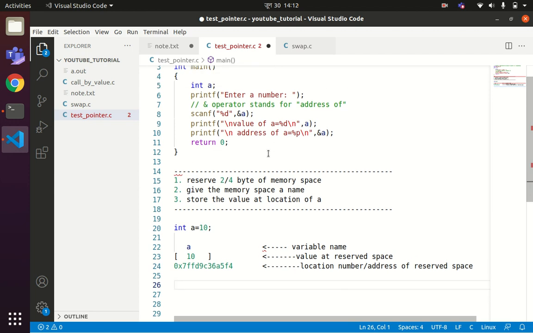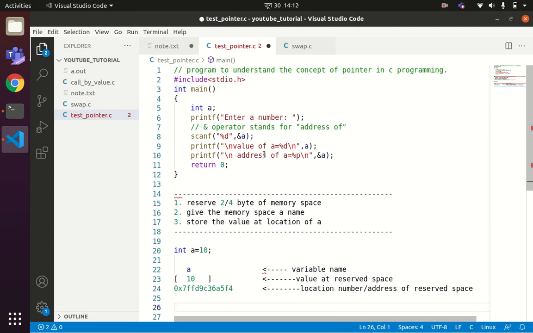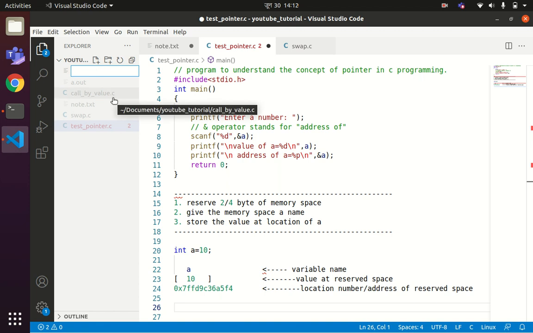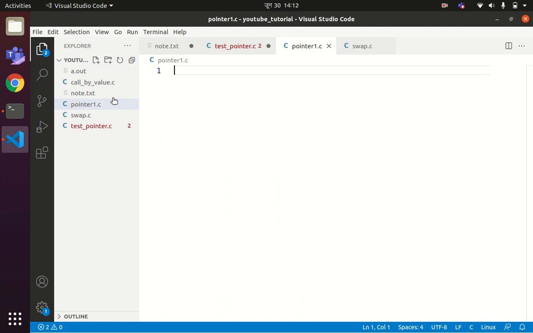Okay, now I'll write one more example program to further elaborate the concept of pointers. I'll create a file called pointer1.c again.